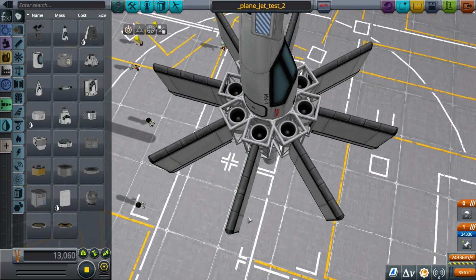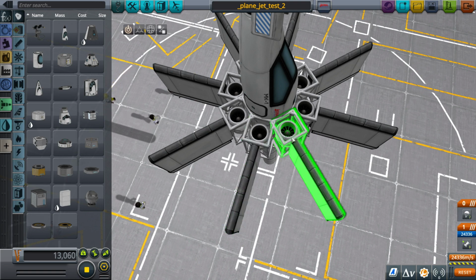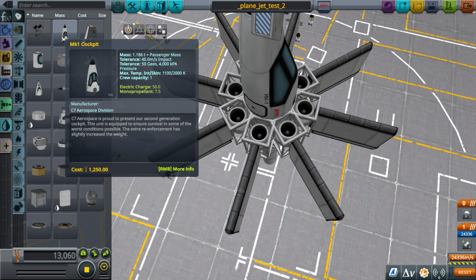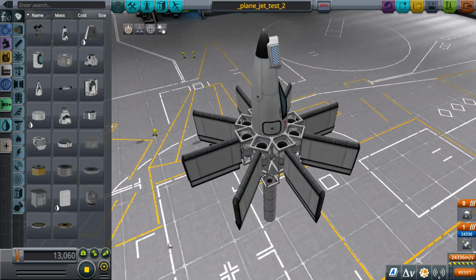Okay, so maybe they'll still work inside of the fuel tank if they don't all overlap each other, because that might reduce the effectiveness of each engine, at least as far as the game computes things. It might reduce the effectiveness of them based off of how much they're individually exposed to outside air or space, compared to other engines around them. So like if you have like, how do I do this? If you have